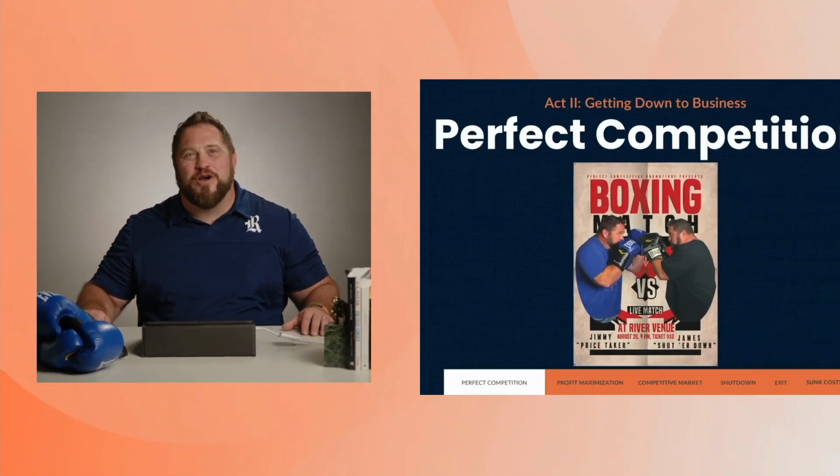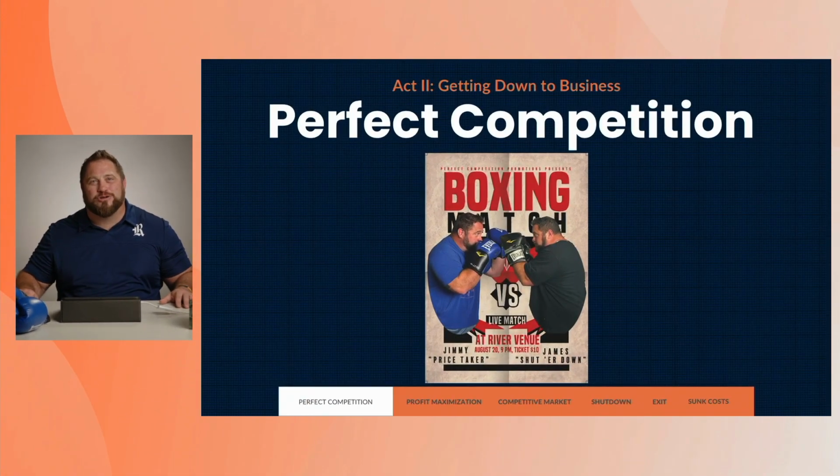Welcome to Perfect Competition. This is going to be the first of our 4 different market structures that we're going to look at. When you think of perfect competition, you can think of it more as a theoretical boundary. But it's important to understand perfect competition. We're going to be able to compare it to our other market structures, monopoly, monopolistic competition, and oligopoly, so that we can see the benefits, the advantages of competition.